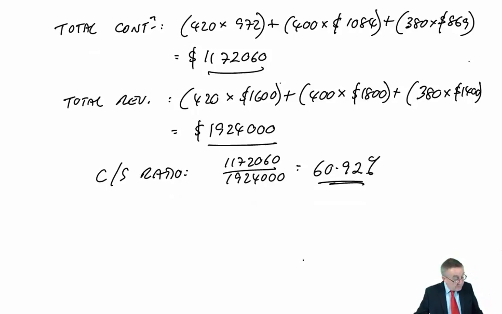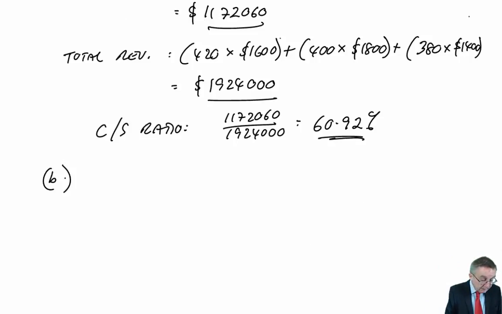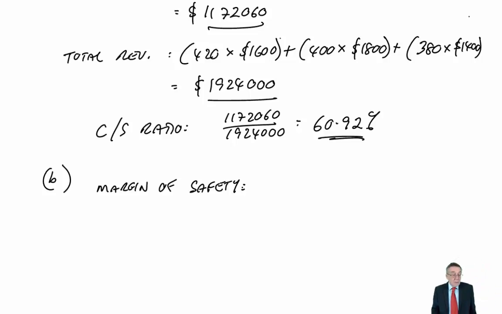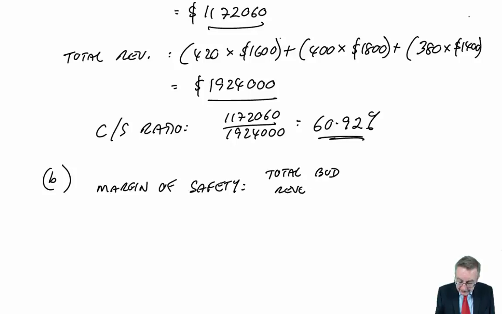What about part B? It wants the margin of safety. Well, let's make sure I get 1 mark by just making sure I write down what it is. The margin of safety can be measured in different ways, but here it specifically says in dollars revenue. And so, to see how much safety we've got if things go wrong, it's the total budgeted revenue